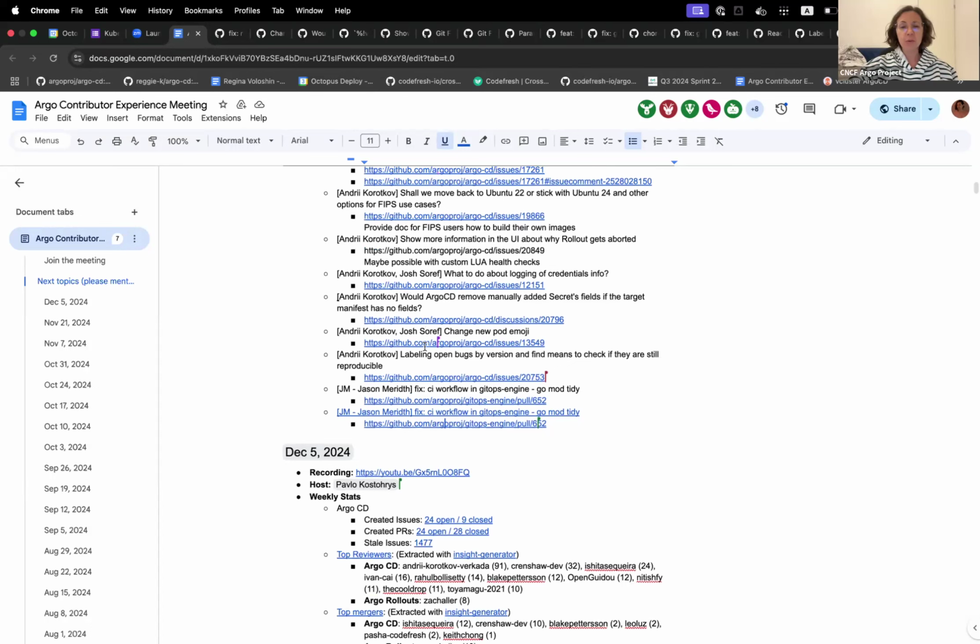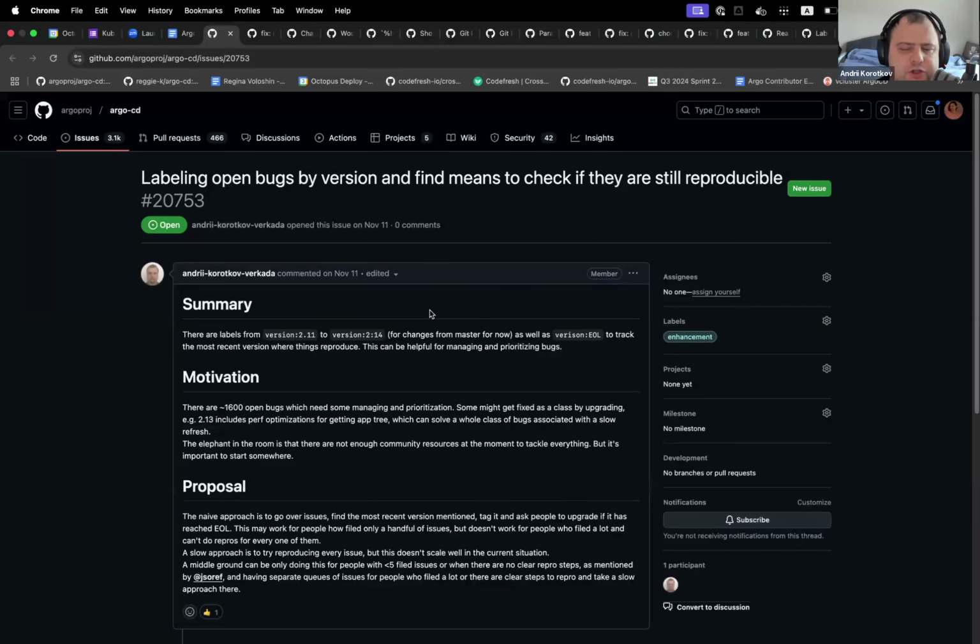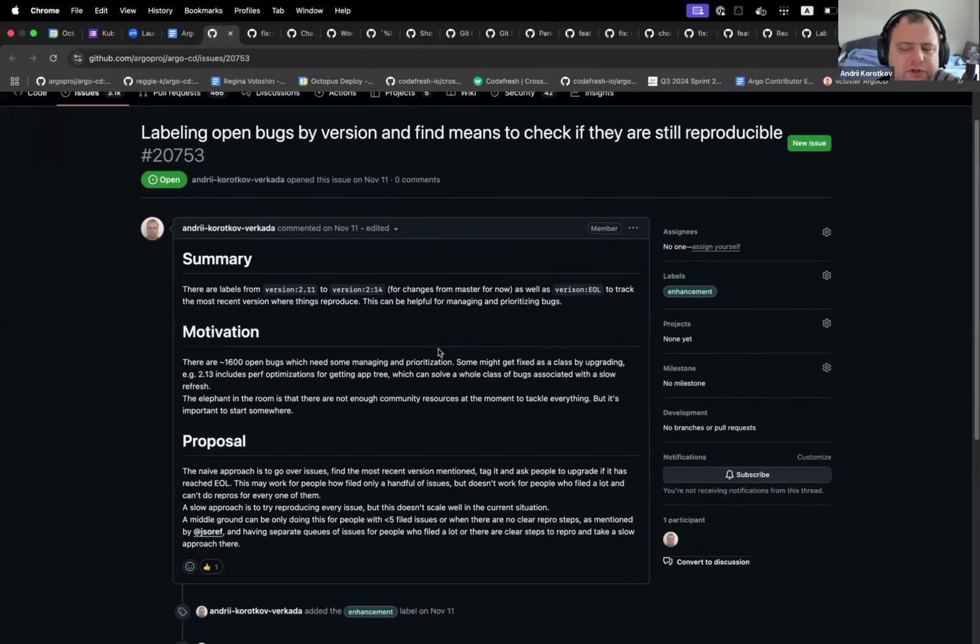Okay, so I think we have, Andre, there is something else, right? Yeah, there is this label in open box, but let's move it to the next meeting because it probably warrants a bit longer discussion. But it's basically another attempt to do something about managing stale issues. I labeled a lot of issues by versions of stuff, but